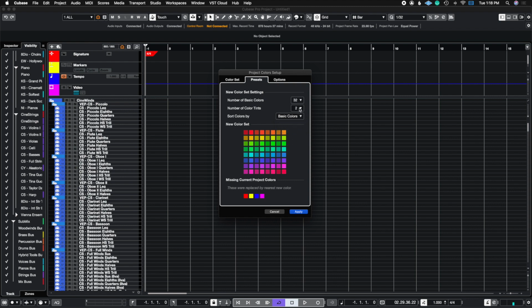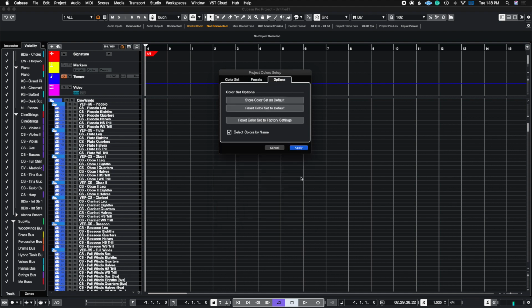The cool thing is that as you're changing this, it will tell you what colors were replaced in here, so you know exactly where those tints are coming from. But for this example, I left it at 1, but I put 32 here. So then after all of that work, to make sure that this transfers over to all of your other sessions,